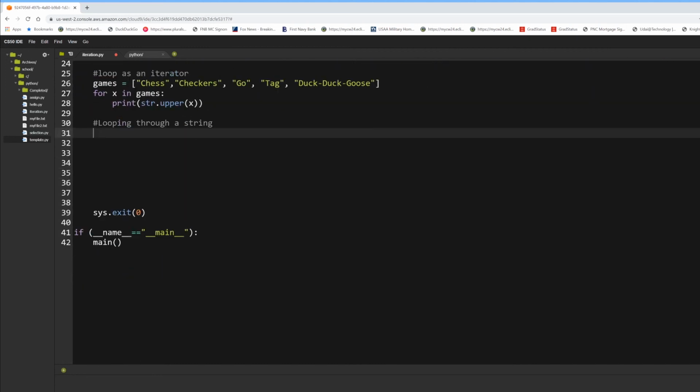Okay, I'm going to scroll this up a bit. Looping through a string. We're going to say my string equals, and I'm going to do some very bad capitalization on purpose this time. So this won't be me making a mistake this time. I do enough of those. This time I'm going to do it on purpose. So I'm going to say it was the best of